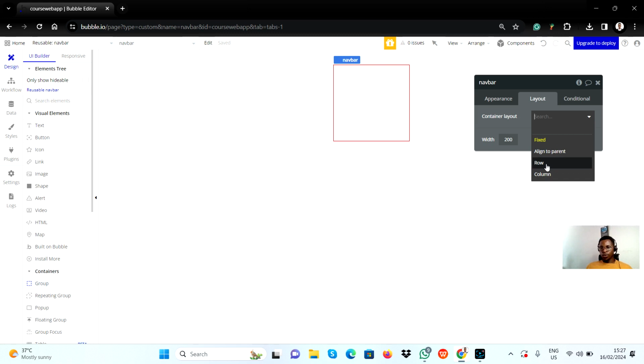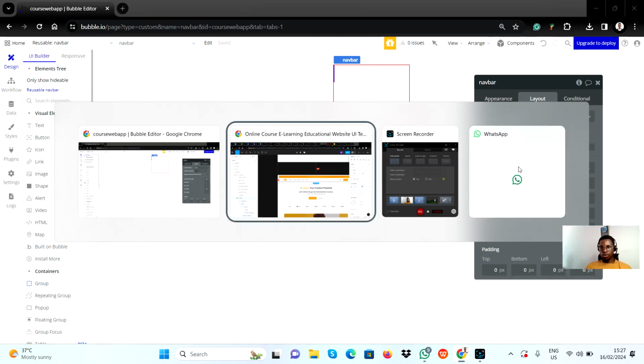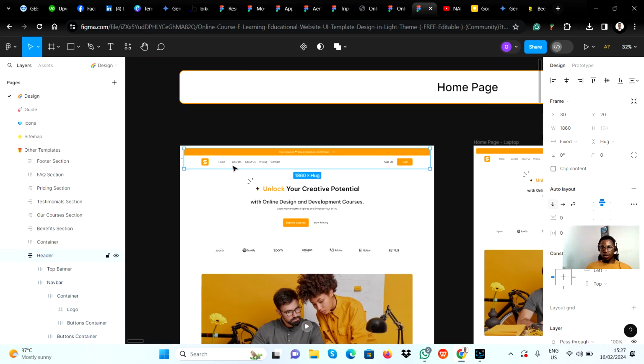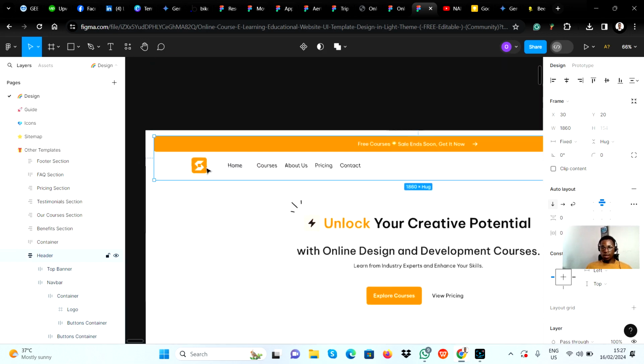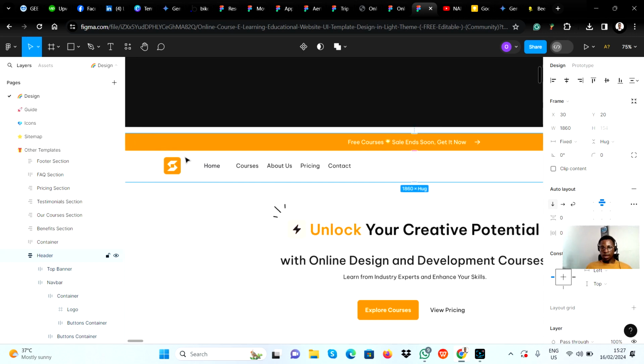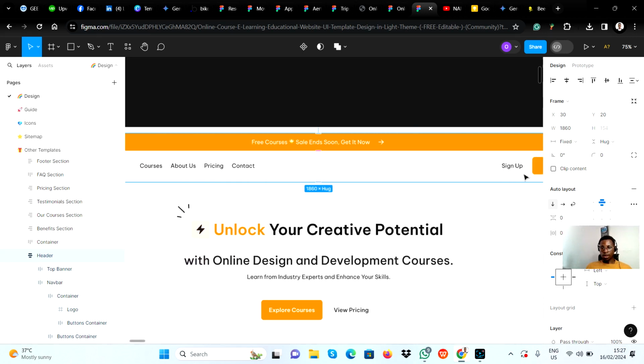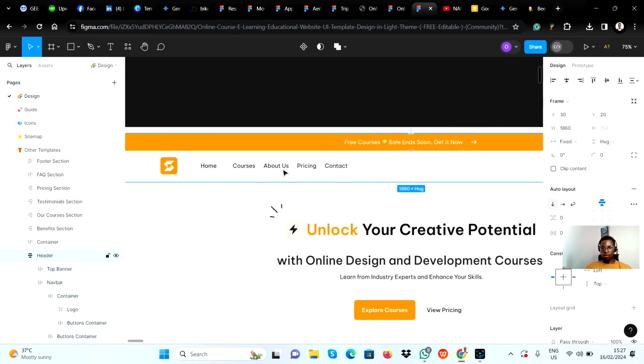If we are going to choose row, because if we look at what we want to create here, we can see that the elements are arranged horizontally. Yes, horizontally. So anything we want to arrange horizontally, we are going to choose row, and the ones we